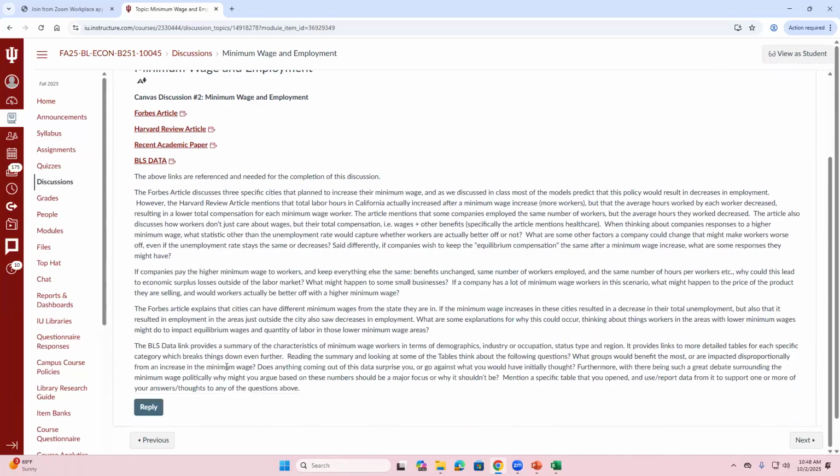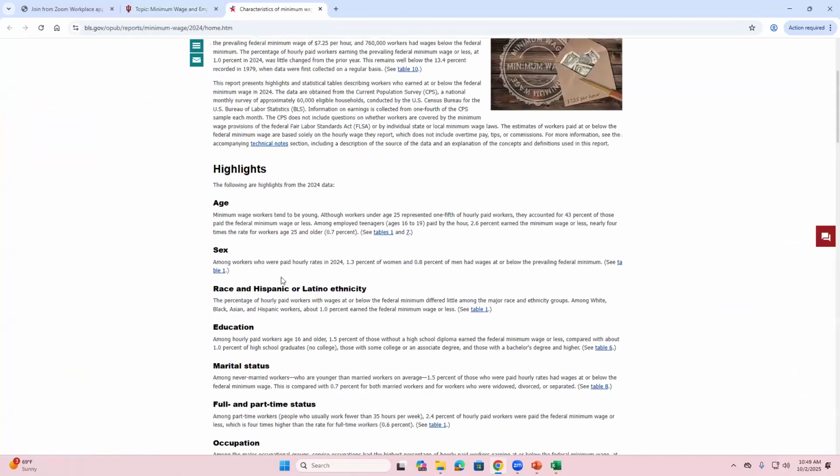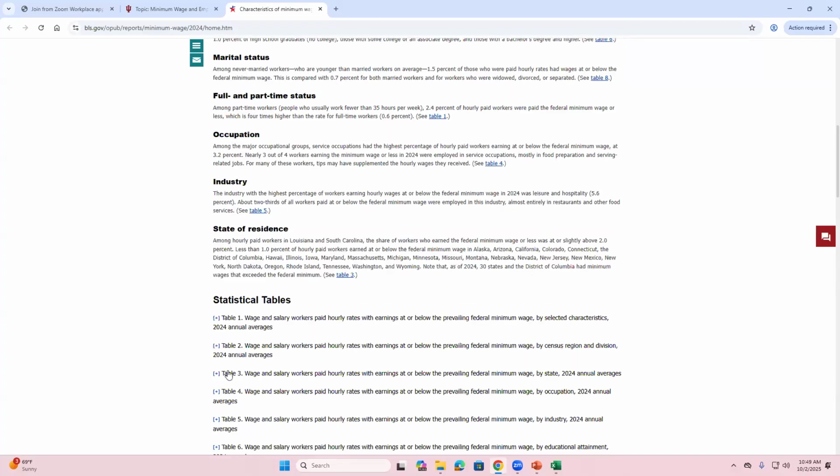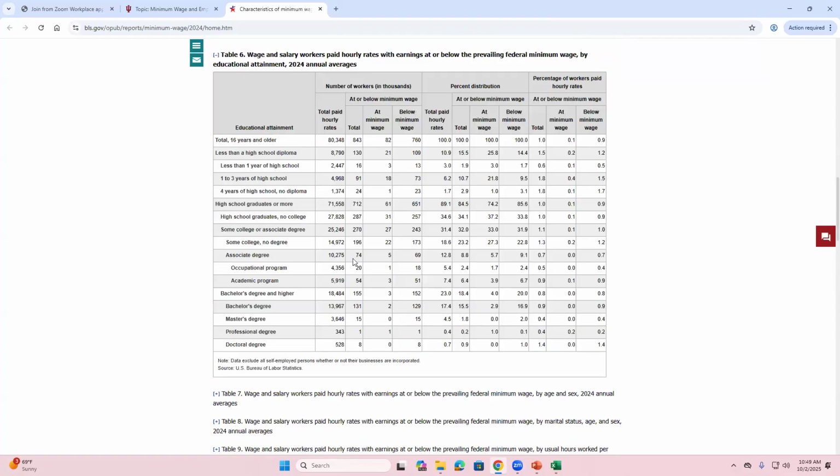Now I also ask you at the end, I give you a data source just like the first one. So in your initial post, you need to open this link. There are a bunch of tables at the bottom. They show you different statistics about unemployment rates and minimum wages by different categories. Like this one looks at, what do we want? We can do by educational attainment, right? It breaks down how many workers were at or below minimum wage,